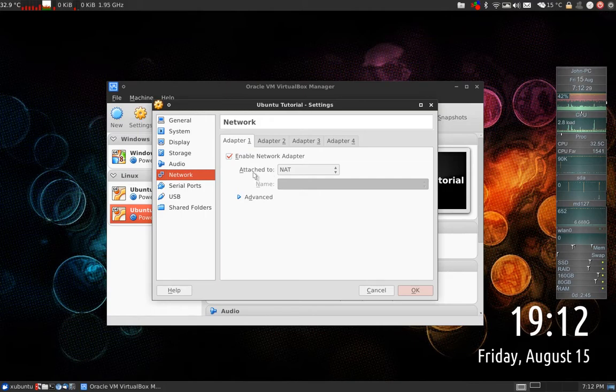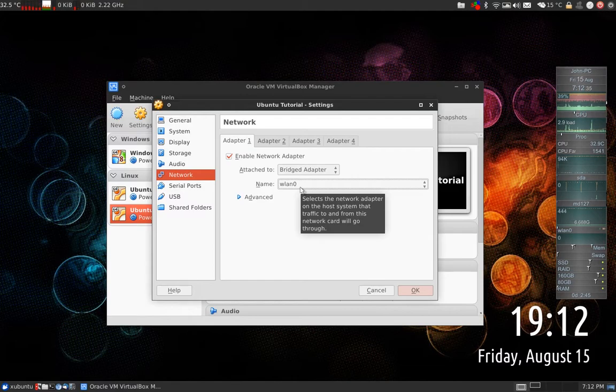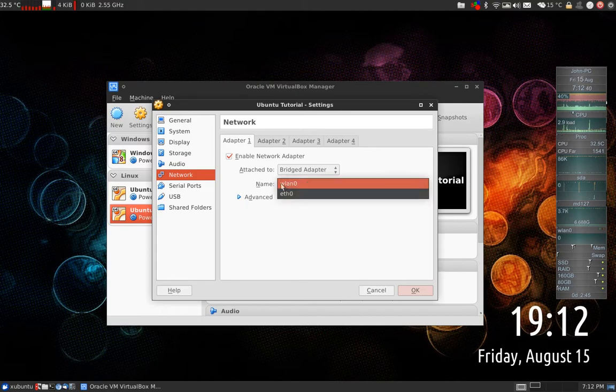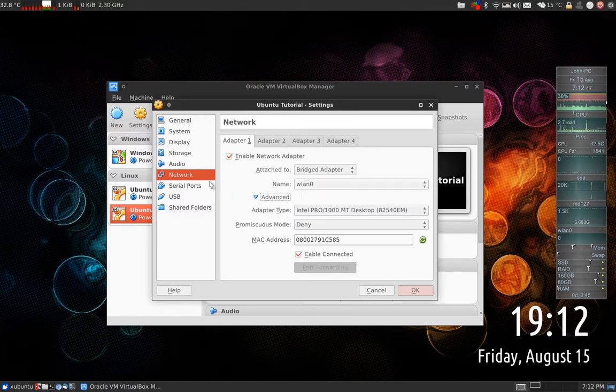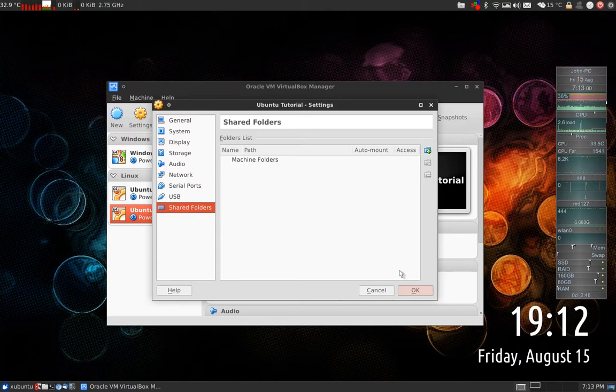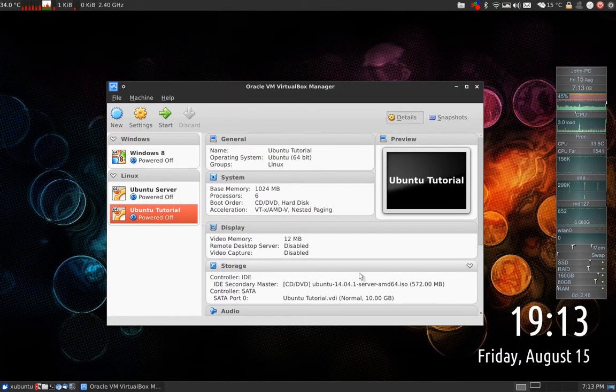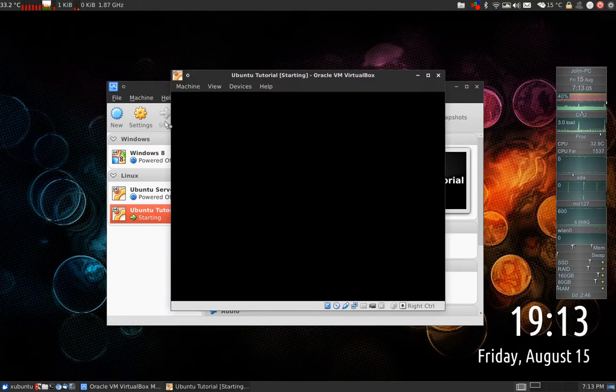Now this is important. You need to change this to bridged adapter to your appropriate internet connected device. For me this is wireless 0. If you're using a cable on Linux it will be Ethernet 0, but because I'm on wireless it is this one. And that's it. You don't need to configure any more, but you can if you want to do any more advanced stuff later. This you can all leave alone as well. Select OK. Now you can press Start,